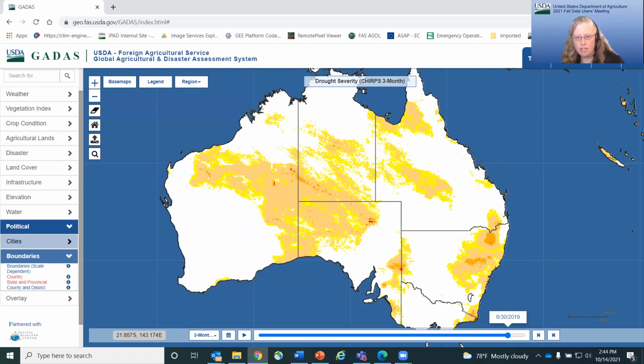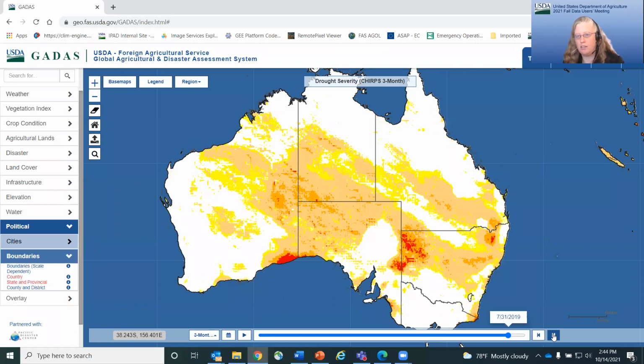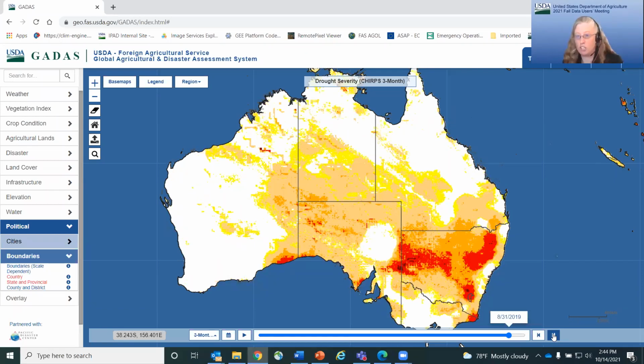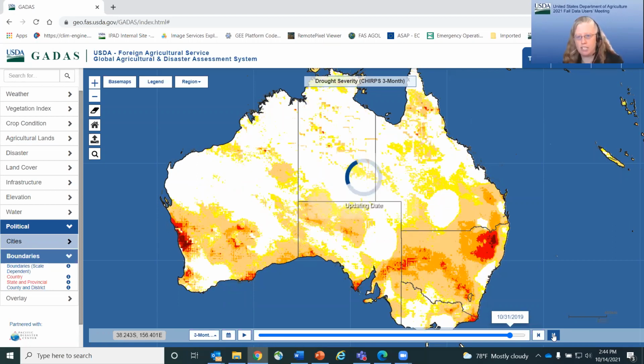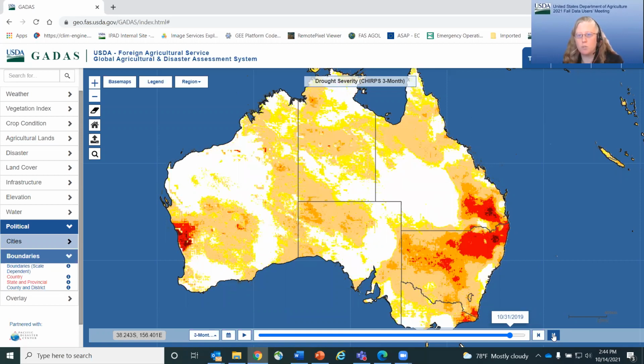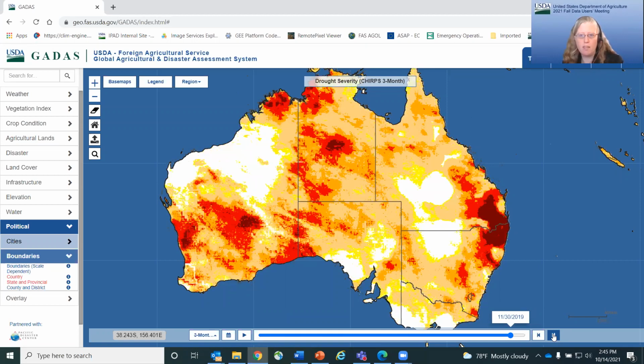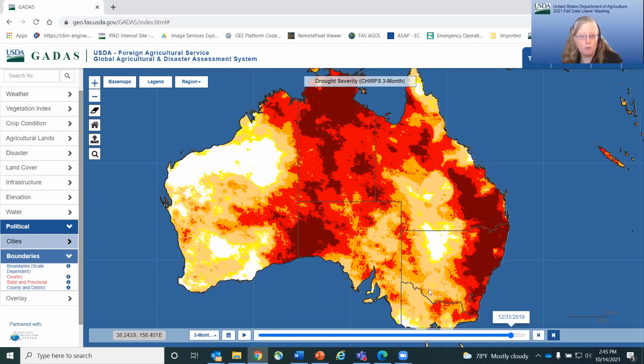Now let me go ahead and move forward through the images, and we're looking for the bright red and even the dark red categories, right? You can see how much this drought has expanded and become worse over time. Now, even though it's the most dramatic image on December 31st of 2019,